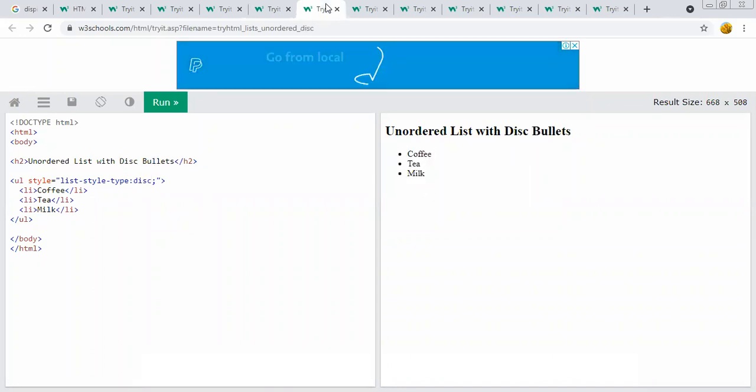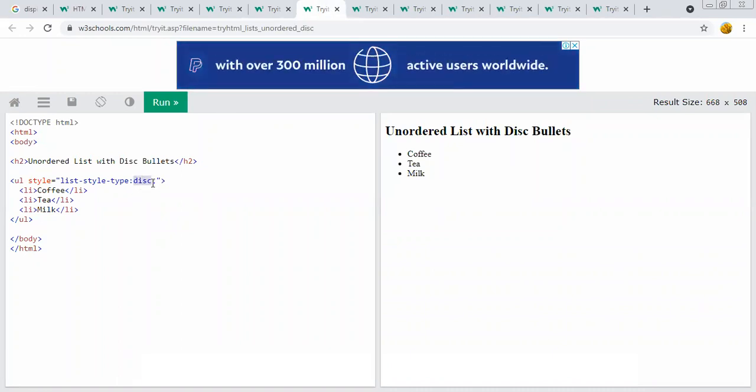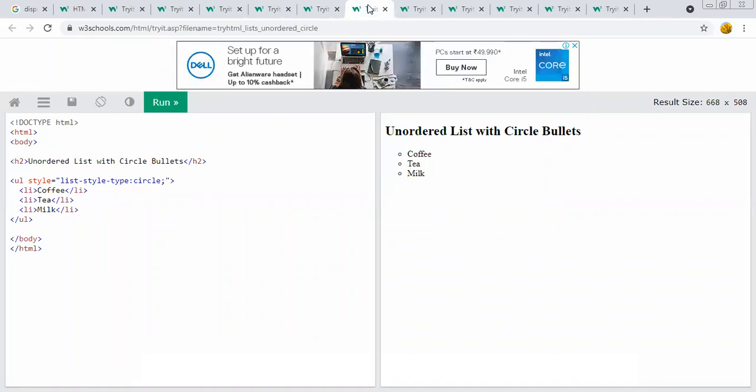If you want to display the disk, we represent the name of that style as disk. So here the disk is represented. If you want to display the unordered list in circle form, we have to use circle. This is the result of that circle.